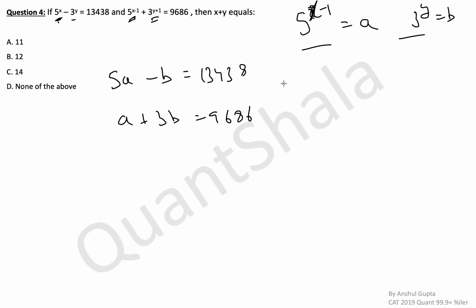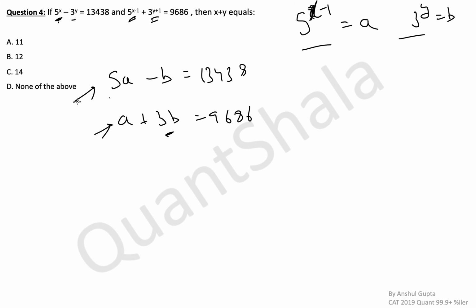So make sure you're doing fast calculation, and you can't use the on-screen calculator in CAT 2020 for everything, because that on-screen calculator is not very user-friendly. That means you have to spend an extra 5 or 10 seconds to click those numbers with your mouse, which is not very comfortable, and that wastes a lot of time. So try to solve these equations without the calculator also. For calculating A, we'll multiply the first equation with 3 and then add these, and B will get eliminated.